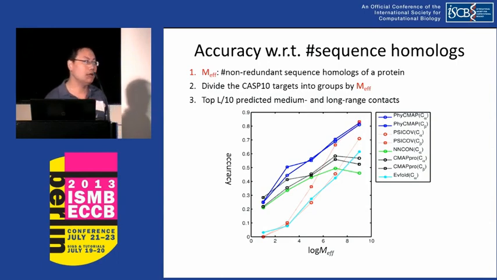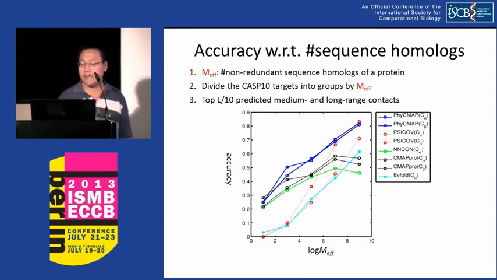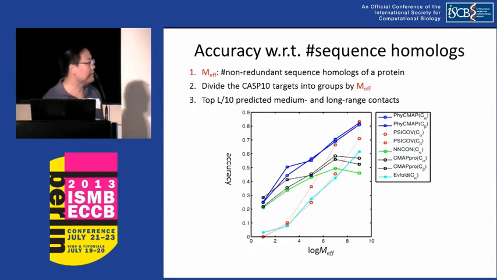This figure shows you the performance of a number of methods, including our own method called PhyCMAP. We also have the results from two recent methods, PSICOV and EVfold. These two methods are based on residue co-evolution. And there are another two machine learning methods, NNcon, which is a neural network-based method, and CMAPpro, a very recent machine learning method. So from this figure, you can see